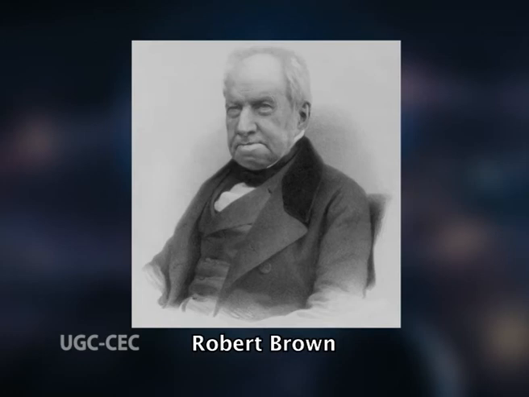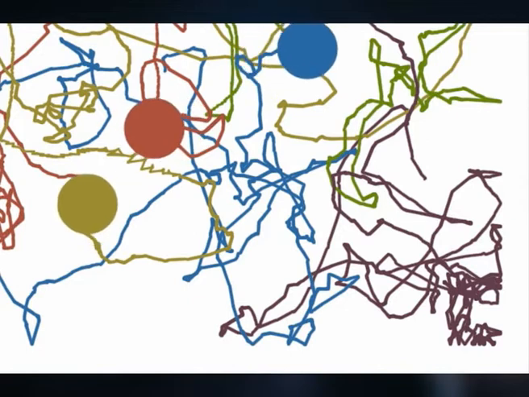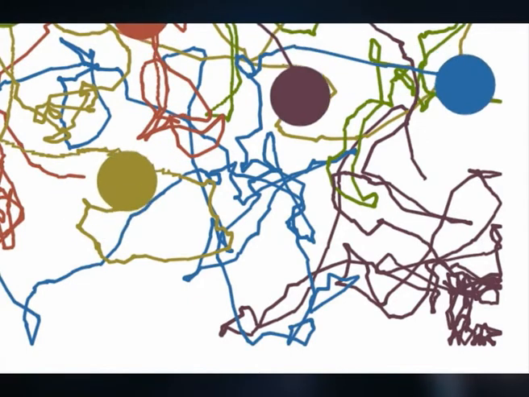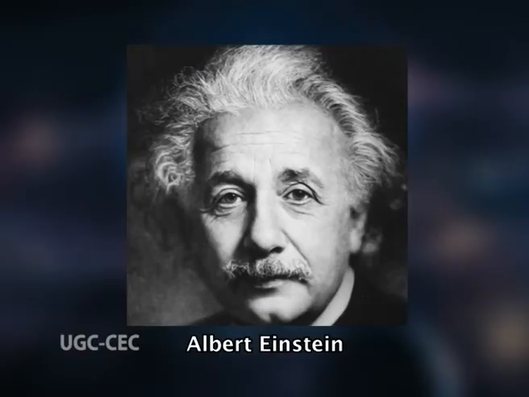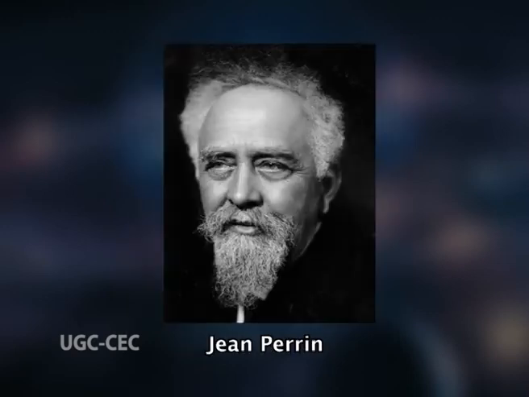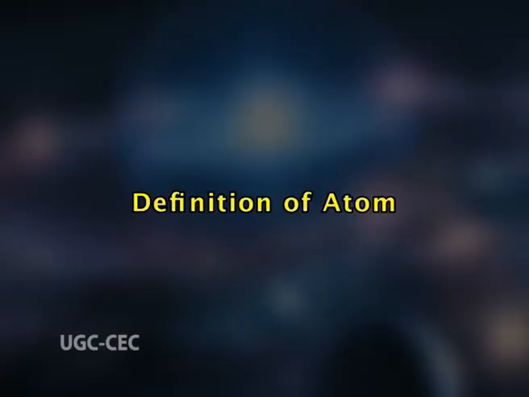In 1827, botanist Robert Brown used a microscope to look at dust grains floating in water and discovered that they moved about erratically, a phenomenon that became known as Brownian motion. This was thought to be caused by water molecules knocking the grains about. In 1905, Albert Einstein produced the first mathematical analysis of the motion. French physicist Jean Perrin used Einstein's work to experimentally determine the mass and dimensions of atoms, thereby conclusively verifying Dalton's atomic theory.